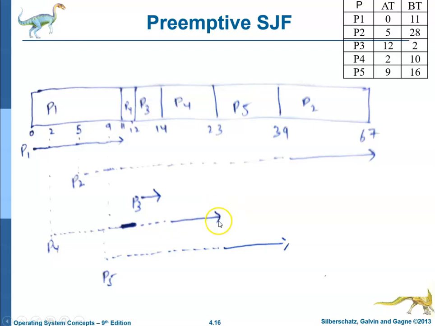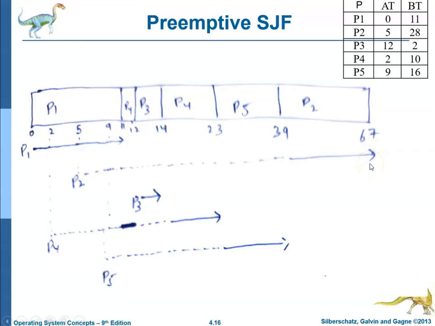and it will complete at 23. So the next burst after P4: P5 is 16 and P2 being 28. P5 is the shortest, so it will execute and complete execution at 39. 23 plus 16, 39. After this, only P2 is left out. So it will start at 39 and execute for 28 seconds straight and it will complete the execution